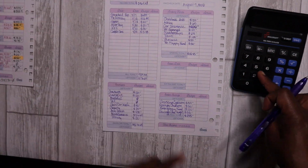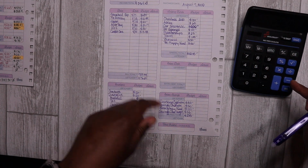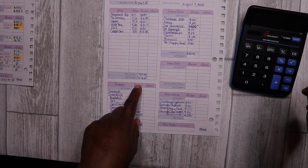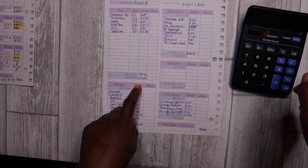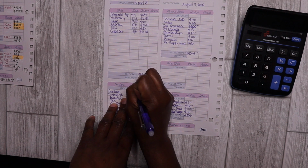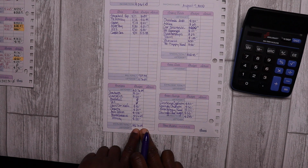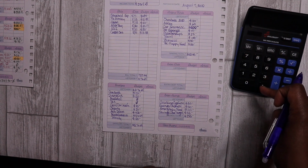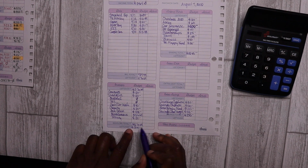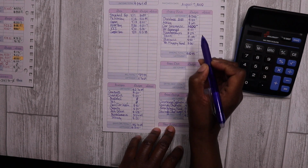So I start off with my income, $2,964.63, minus my bill total, minus $787.99. Leaves me with $2,176.64. And I'll bring that down to the leftover row of my variable expenses, $2,176.64, minus my variable expenses. Leaves me with $1,300. I'll bring that up to sinking funds leftover row,